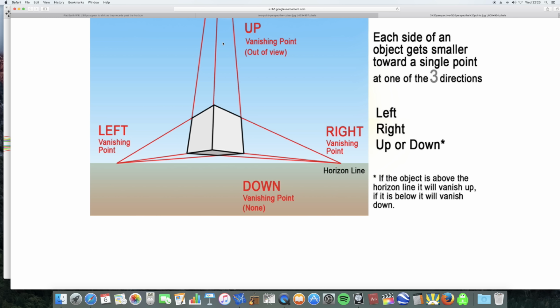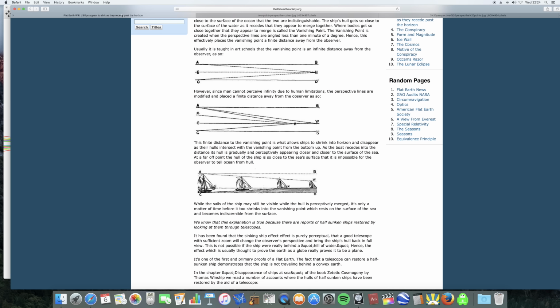So the vanishing point can be anywhere at all. Any point in your visual field can be a vanishing point, and every set of parallel lines has its own unique vanishing point in your visual field. Okay? Right. Hopefully that's cleared that up. This absolutely ridiculous argument